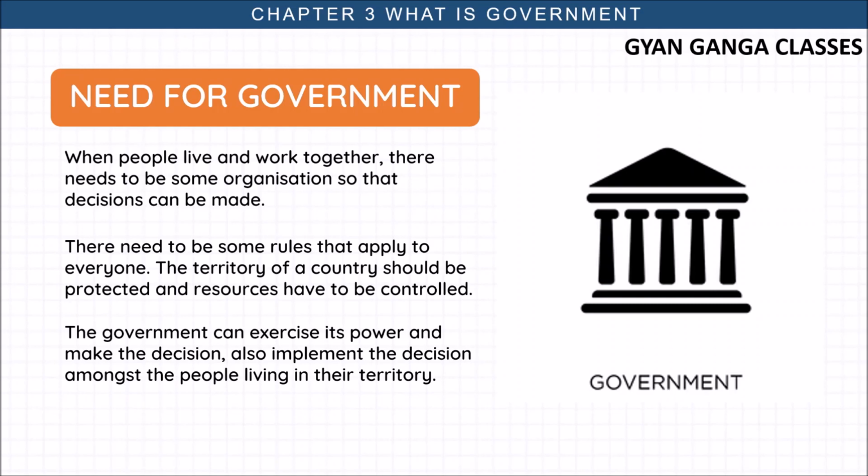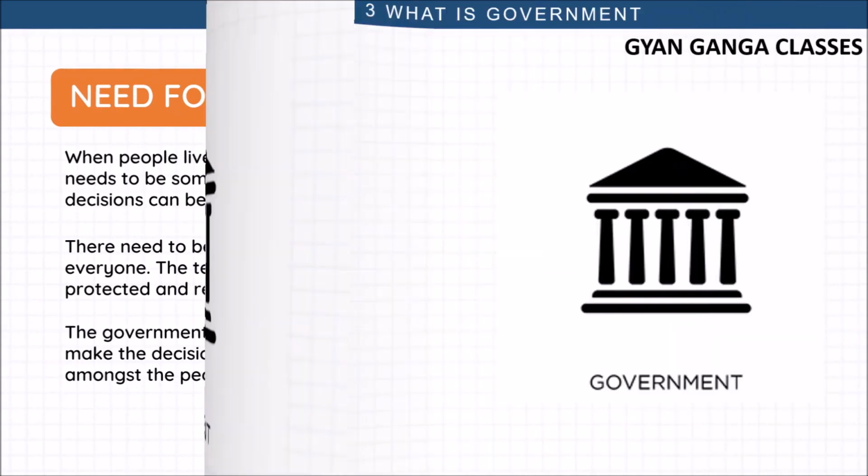Government exercises its power and makes decisions, and also implements the decisions among the people living in the territory. Government has the power to make decisions and also implement them on the people. Okay,